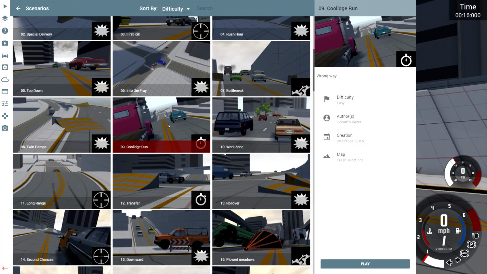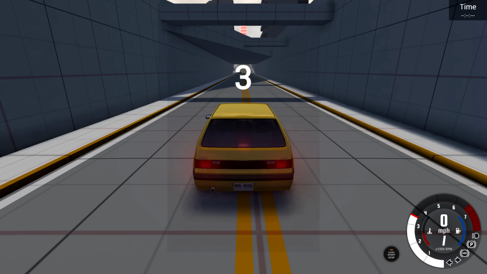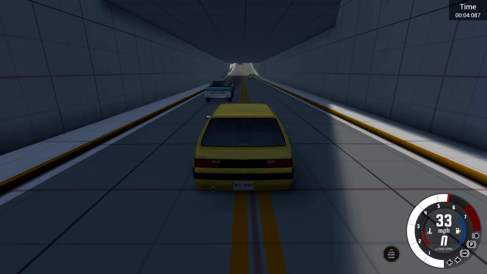Next up, we got Coolidge Run. So this one's simple. Just head to the waypoint up the road. We're pretty sure we pointed you in the right direction, but the other drivers may not be so convinced. Don't crash. Well, that's different. Up until now, it's always been crash, crash, crash, or crash this one guy, but not don't crash. Can I just stay right here in the middle of the road, or will I actually...